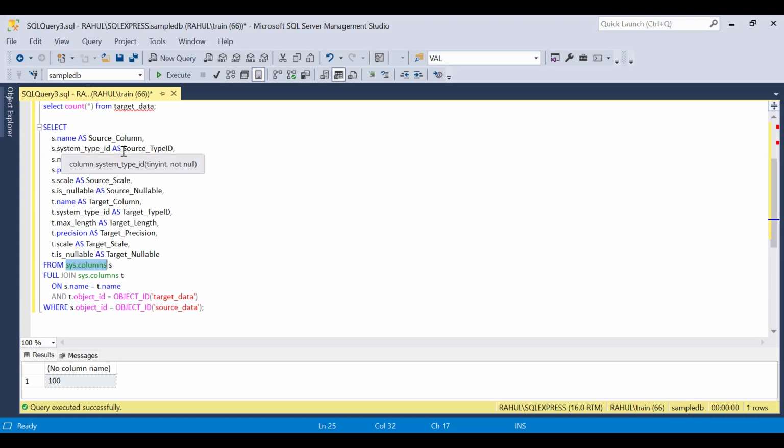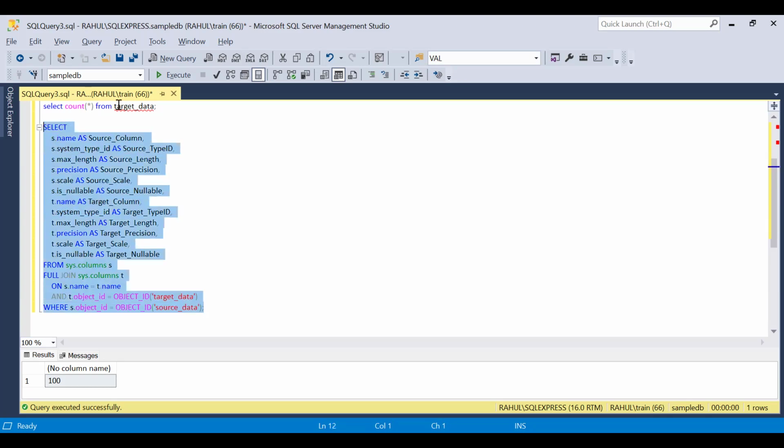The name, then length, precision. Precision means if there is any number, it will validate a few decimal places. The nullability it will validate. Basically, it will give you the detailed comparison in both the tables, source and target. You can see the scale, precision, nullable, then data type. All the things it will validate. Now run this